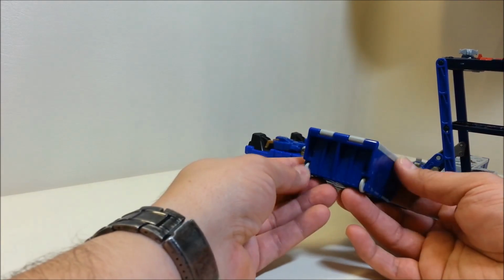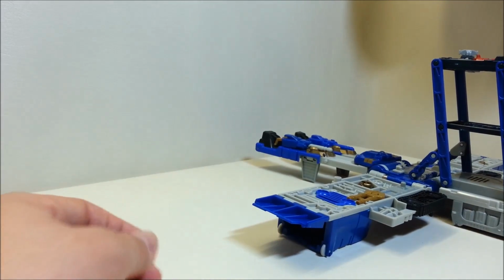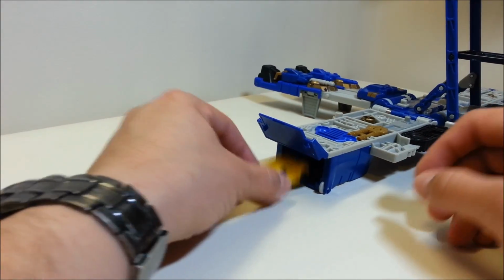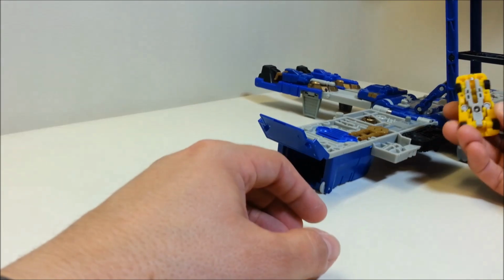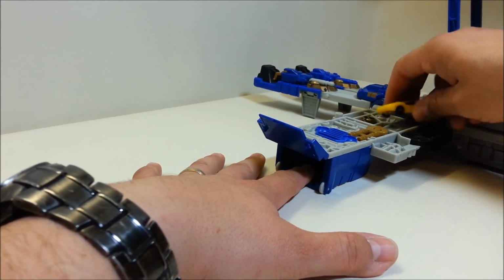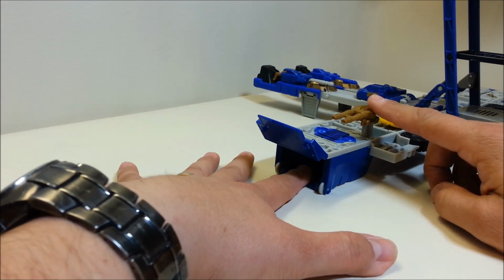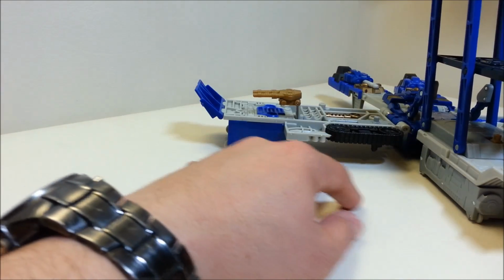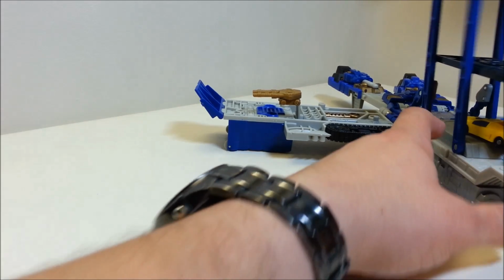So there's a couple of containers on the sides right here, so you can open these guys up, for example. And there's some room in here for some of the mini-cons, so you can store some mini-cons right in there. Also, there's some of the action features for the minicons. For example, there's a little minicon port right here. So if you plug your minicon into this port, you get a little gun that pops up right there. You've got another minicon port right here. So if you plug your minicon into this guy and push him forward,